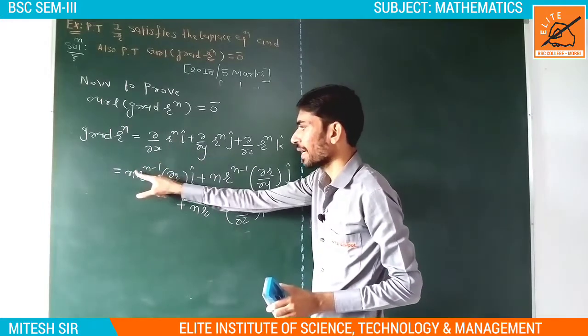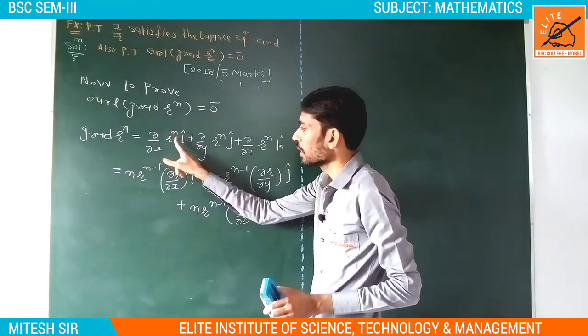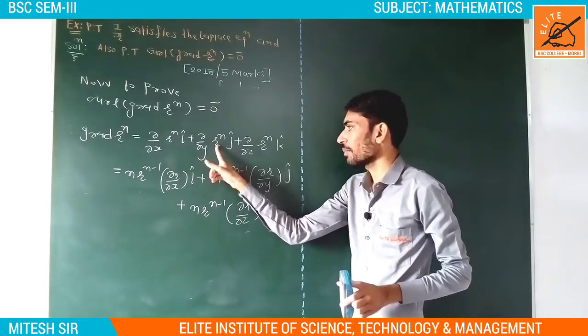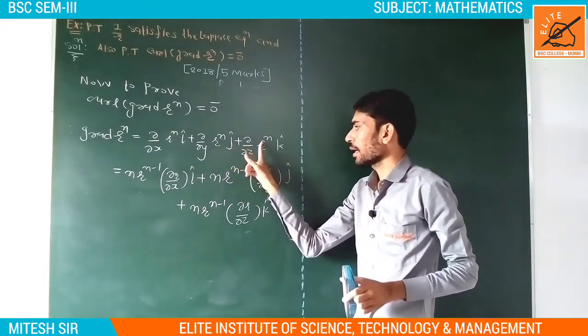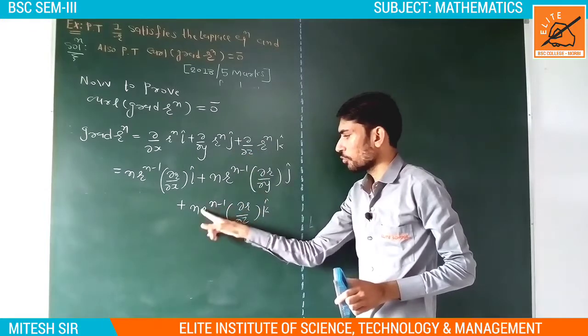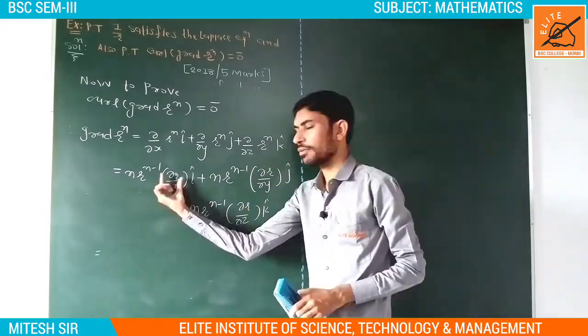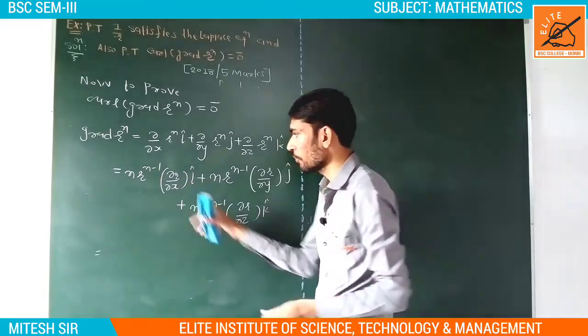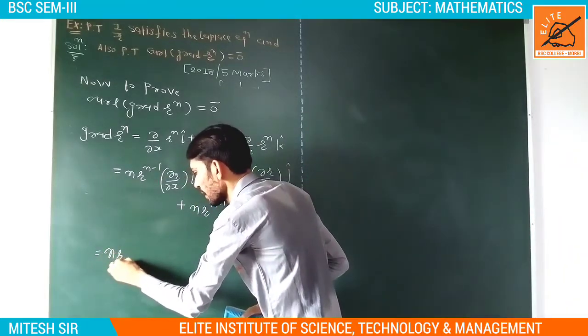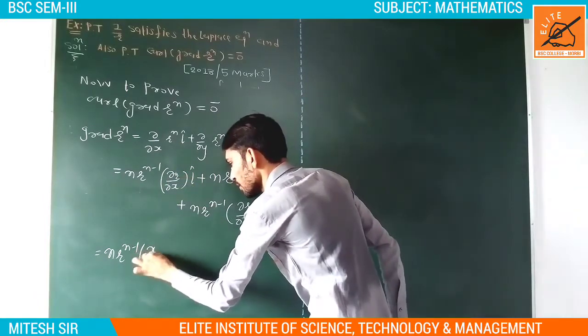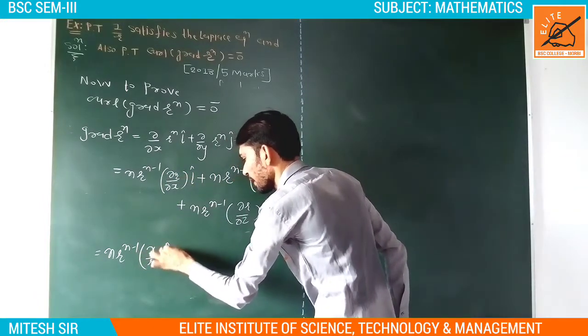So it becomes n r raised to n minus 1 del r by del x i cap plus n r raised to n minus 1 into del r by del y j cap plus n into r raised to n minus 1 into del r upon del z into k cap. We substitute the value of del r by del x. As we know, the value of del r by del x is x by r. So x by r into i cap plus n